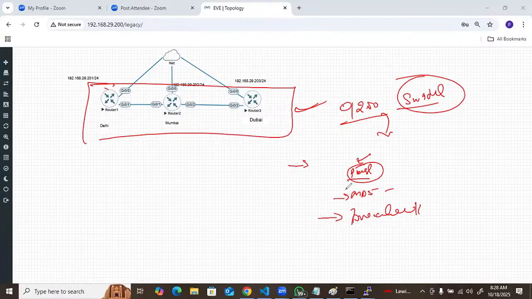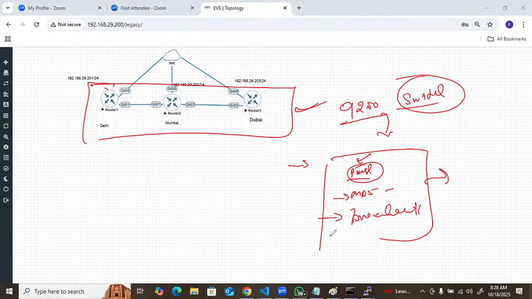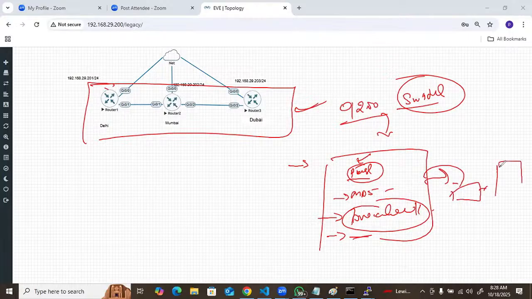These are all the things you need to perform. Then after that, setting the boot variable and the config register and all that, right? Then after upgrade, after reboot, again you need to do a post-check. Again you follow the same thing, right?